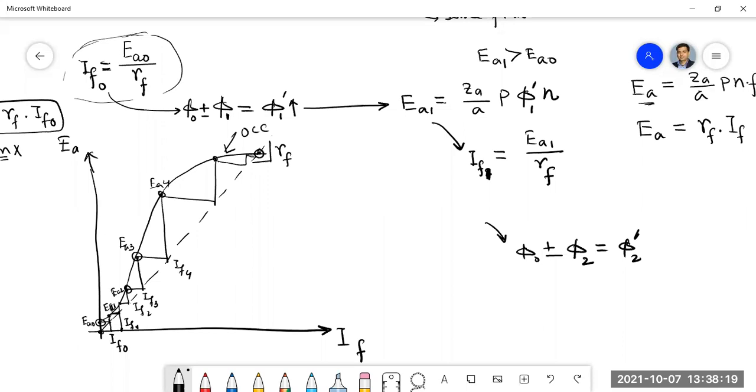Okay. So after this point, the voltage will not build up. That is not because the voltage curve is getting saturated. It is not. That is because these two lines are intercepting at that point. Got my point? I said that the voltage will not increase further after this point.